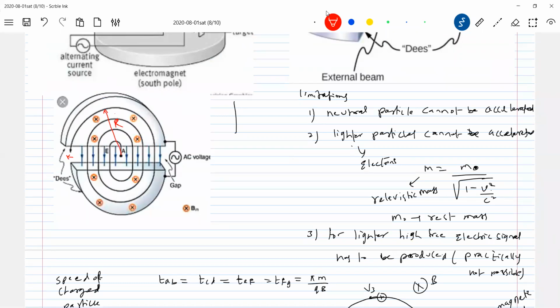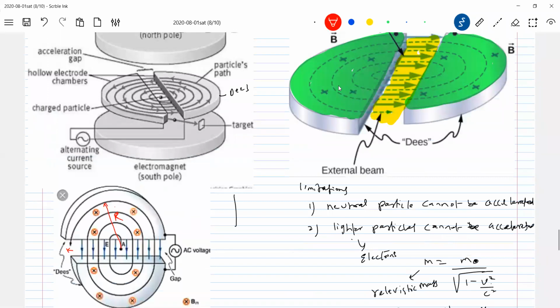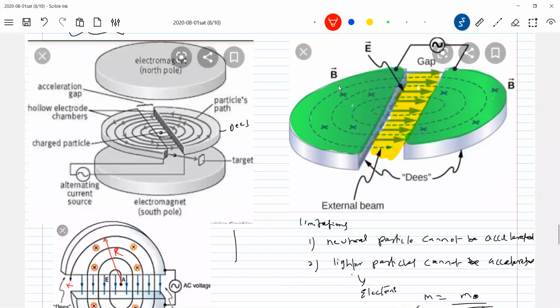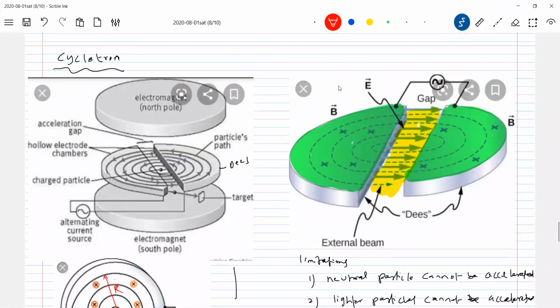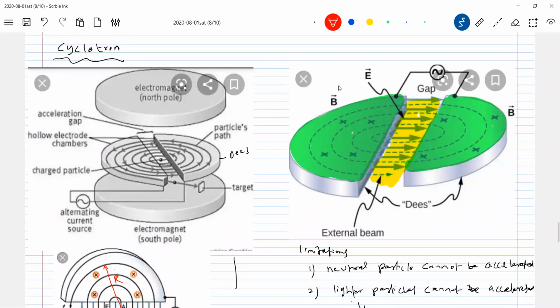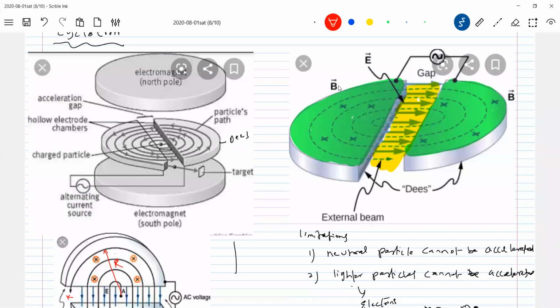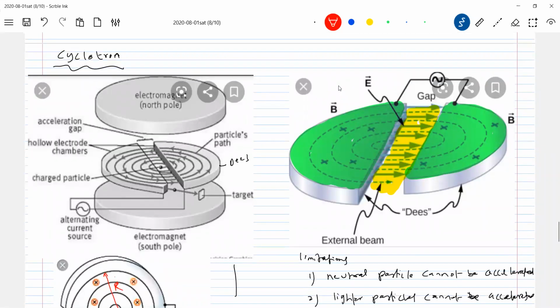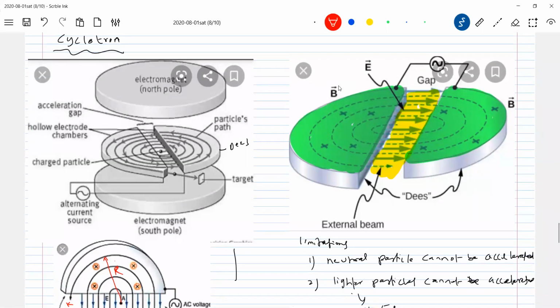Again, see, when relativistic mass comes in, the equations will change. Things are a little bit different. That we'll call a synchrotron, S-Y-N-C-H-R-O-T-R-O-N. Very complicated operations are there. So only a basic idea of this. It's not there for advanced, but they may ask you as a general passage. You have to be very careful. Okay, I'll stop it here only.